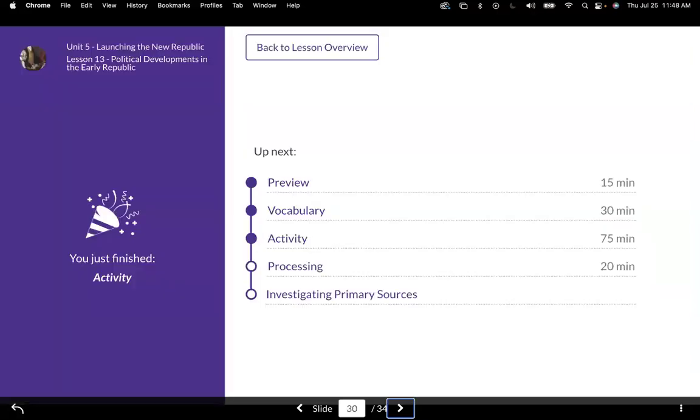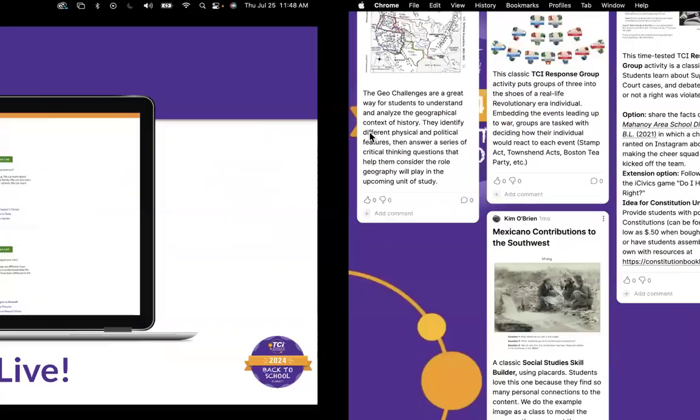Kim, when the kids are doing kind of that face-off debate, how do you encourage them to really use facts and evidence from the text when they're arguing and not just kind of off the top of their head? That's a great question. Sometimes they do embellish a little bit, but they've actually,